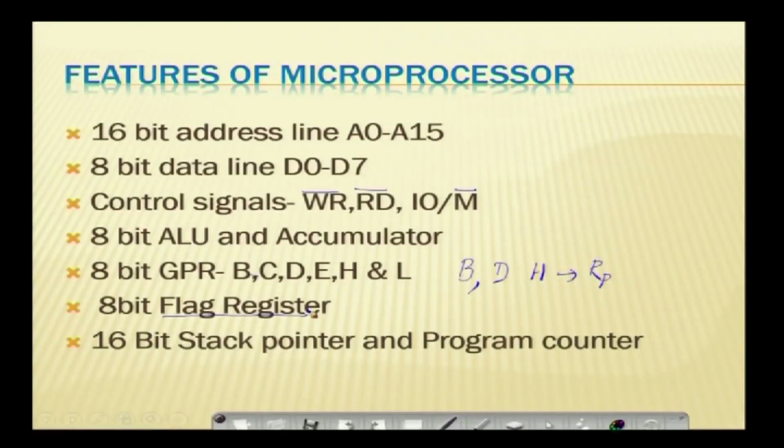We cannot write data into the flag register. We can read the data from the flag register. It is also called a status register, which will give the status of the arithmetic and logical operations. After performing the operations, it has some flags which will indicate the status of the operations. It has 5 flags, which are zero flag, carry flag, auxiliary carry flag, sign flag and parity flag. These are the 5 flags.